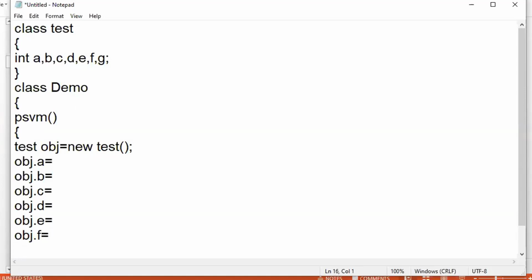Am I decreasing the readability of the program? Yes, readability also decreases, because if you have more lines, it will obviously be confusing for a person to analyze what exactly the program is written for. Are you understanding what I am explaining? If I am using the normal approach of initializing my instance variables, it is going to increase the size of my program, and it is also going to decrease the readability of the program.